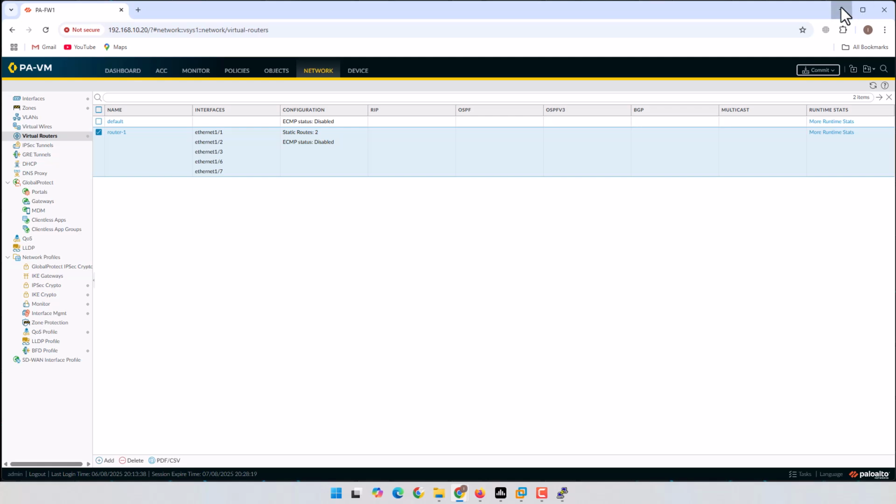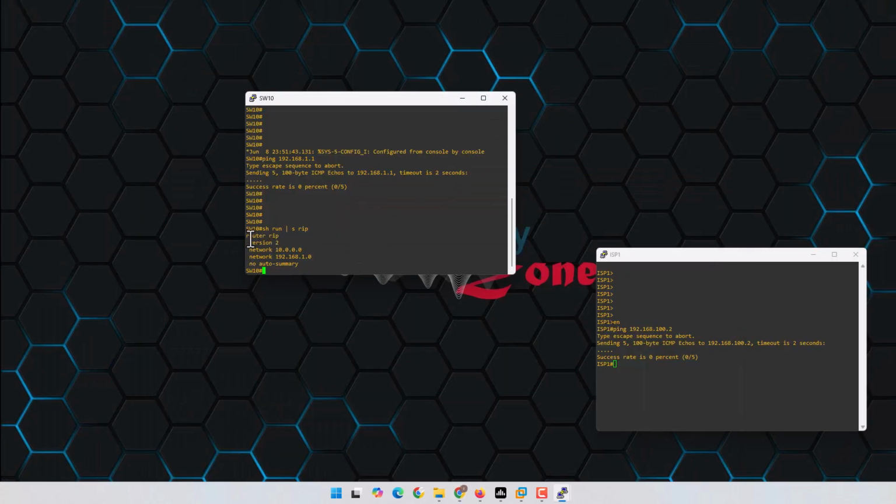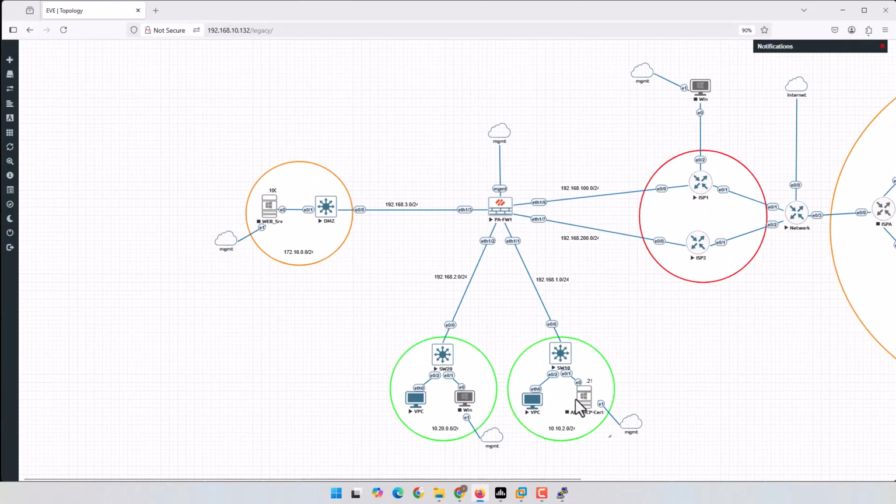And make sure if you configure that in your switch to change this to version 2, else it will not make a neighborship with that. And also I add this to network, the 10.10.0.0, 10.0.0.0 and 192.168.1.0, and also this command no auto summary, because I have two sites here and both of them belong to